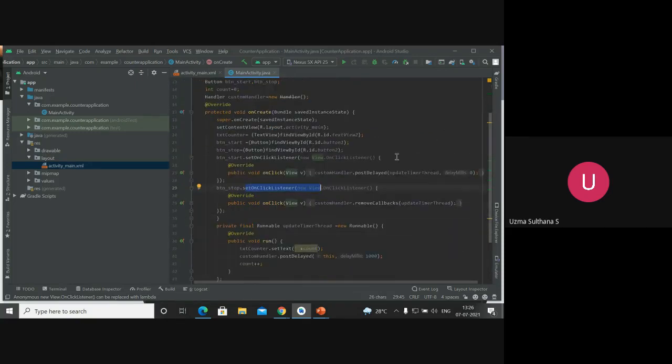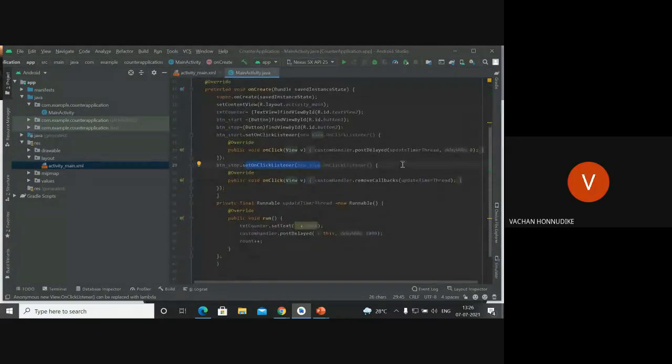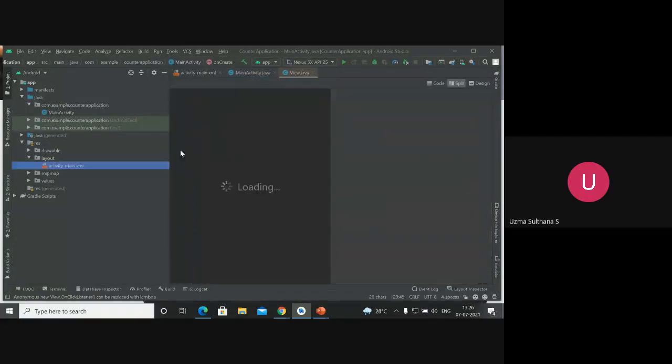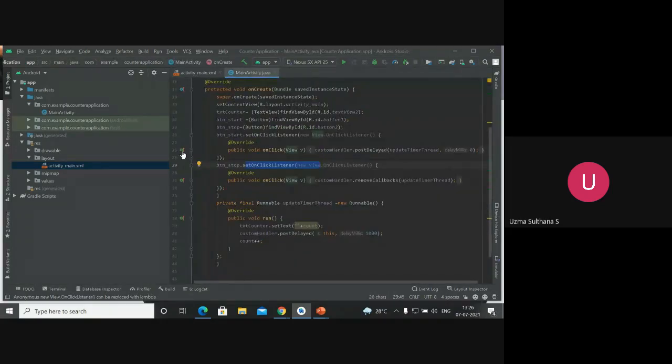Shall I run this program? Yes, ma'am. One more thing I wanted to tell: you can see here you have an I, in the sense of interfaces. The on click interface will be called, and here also you have used on click listeners, so that is already mentioned here. The I icons mean interfaces are used here.